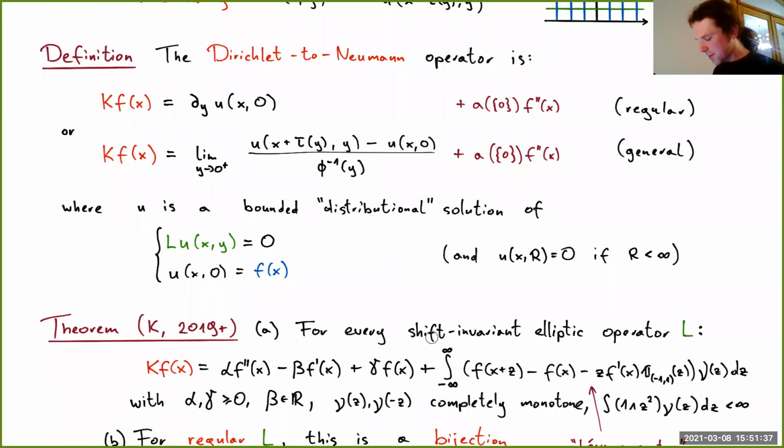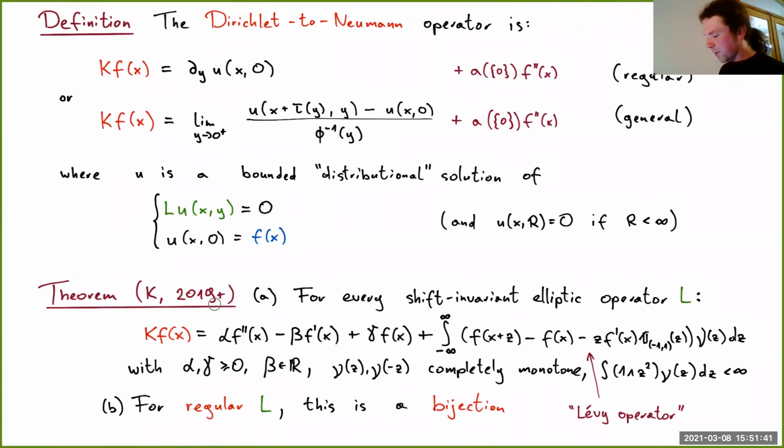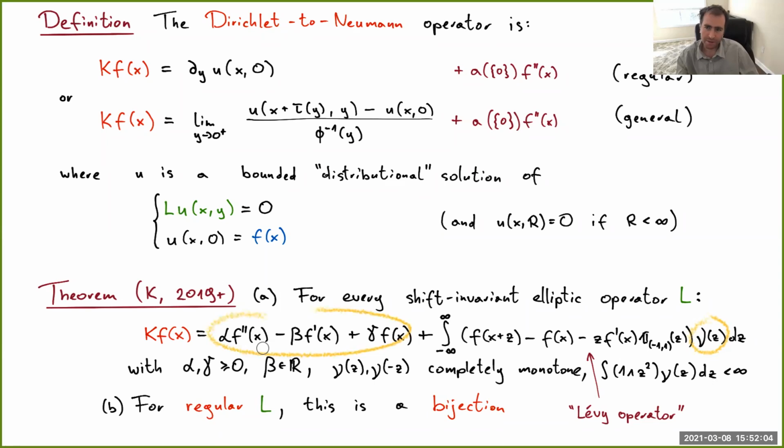So here is the theorem. The theorem tells you that for every shift invariant elliptic operator L, the corresponding Dirichlet Neumann operator is essentially a Levy operator with the corresponding kernel nu of z being completely monotone on the positive half-line and the mirror image of something completely monotone on the negative half-line. Plus some